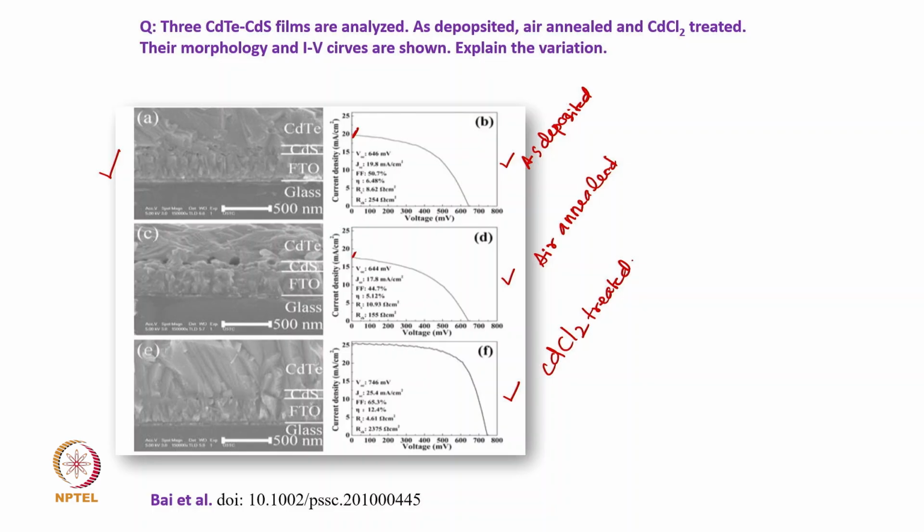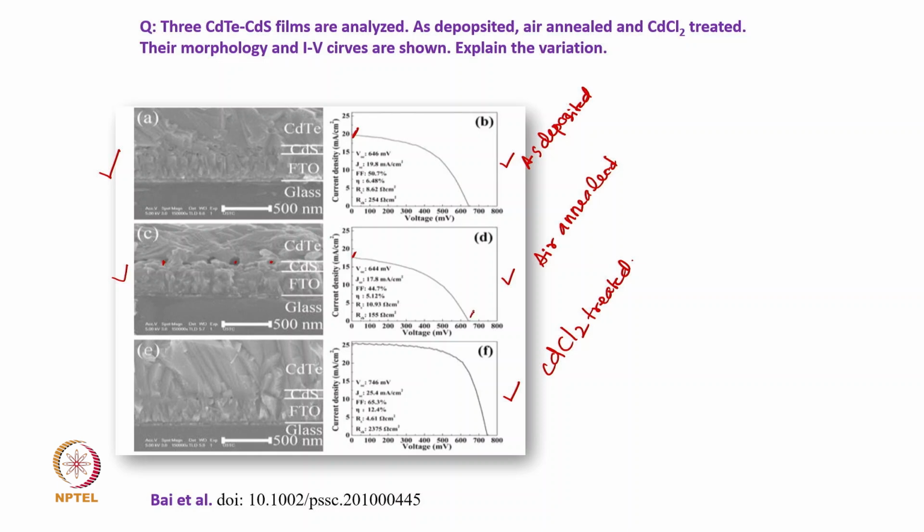So, why it is so? Suppose you look at the morphology which is there in the left hand side. See, as soon as we air anneal it, of course, there is a growth in the grain. This is standard procedure, but then there are some pinholes you can see located here, here, some kind of cracks, pinholes developed. And I told you that this is not good for a solar cell, because it completely disturbs the entire transport of electron, and then it creates a shunting path, eventually reducing the current density, and this is what is happening.